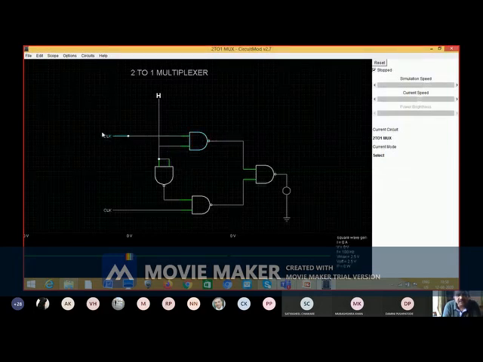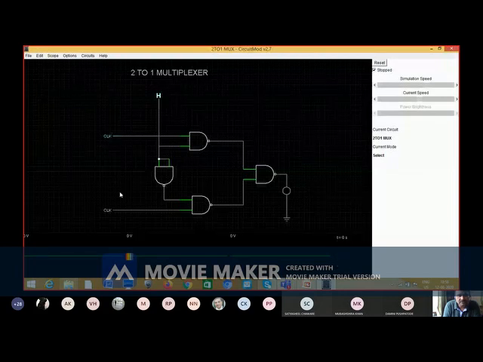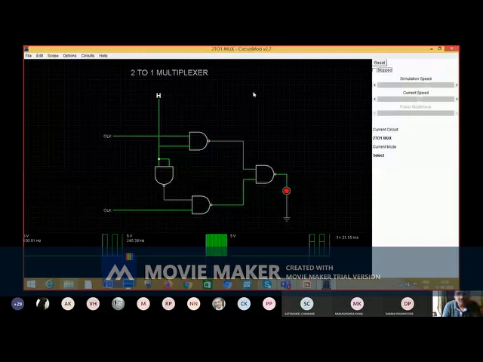Yeah. So here instead of considering just high and low, I'm considering clock. So you know this is your control input, and these are the two different inputs. Suppose this is D1 and this is D0, or A and B. So these are the four NAND gates, and here LED is shown. Now you can see over here. Yeah, definitely you can see this.